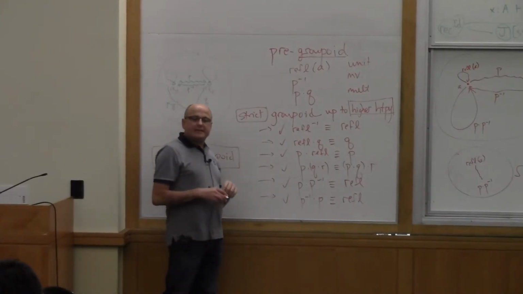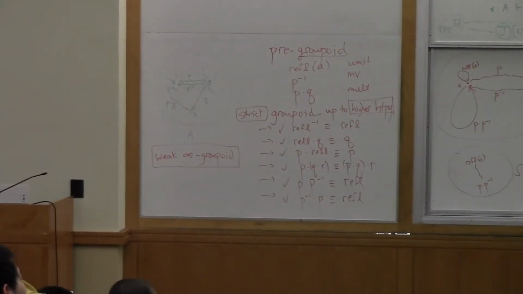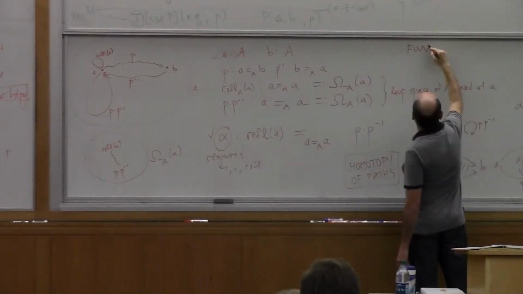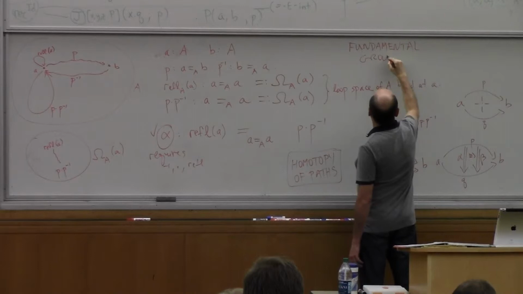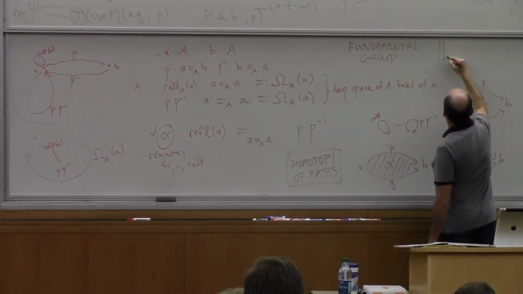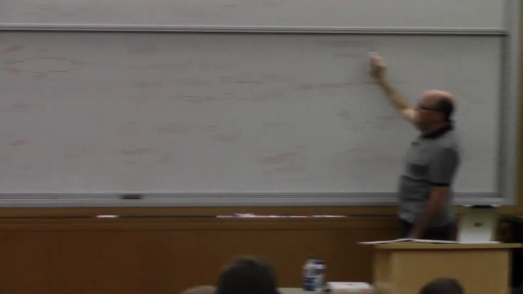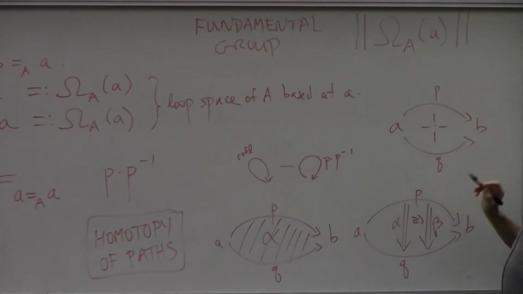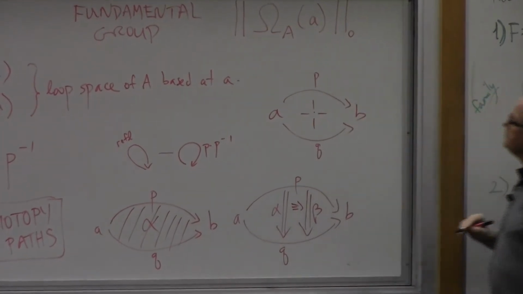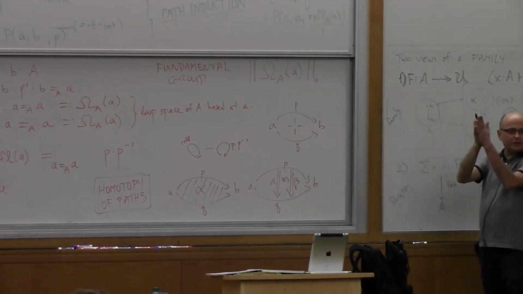There are scenarios where that is the appropriate thing to do. In particular, to use the notation of what we will eventually call the fundamental group, which you might have run across before, the fundamental group of a space, in homotopy type theory is the truncation of the loop space. It's usually defined for a based space, but we'll say the fundamental group of a space at a base point A is the zero truncation of the loop space. What it means is that we collapse all the higher structure down to a point.